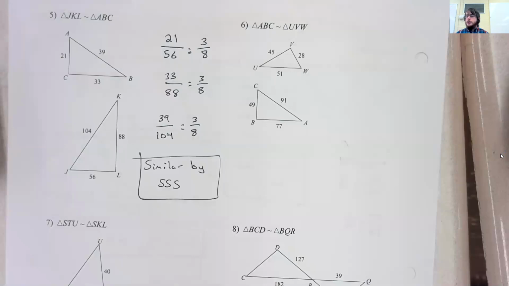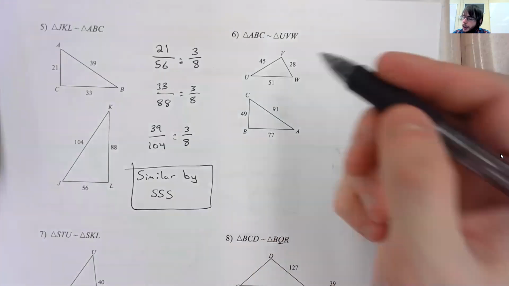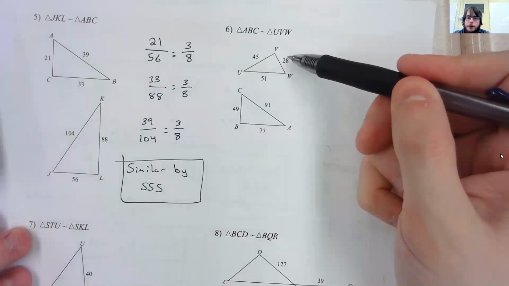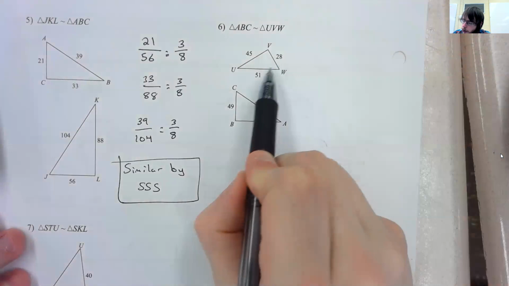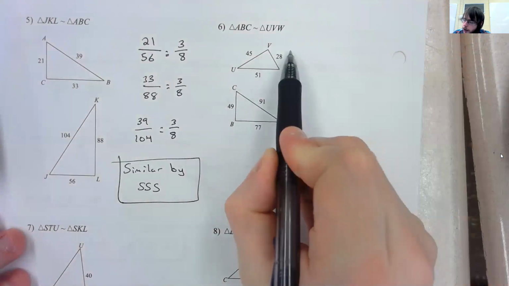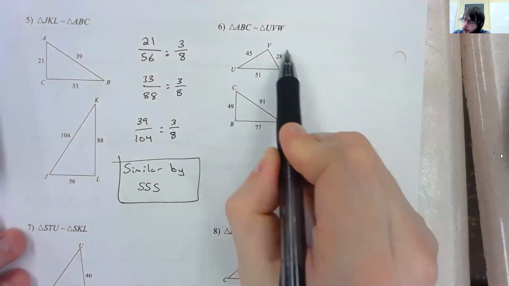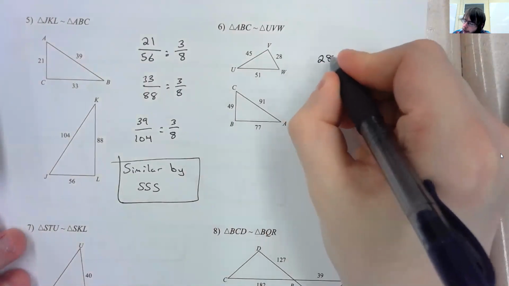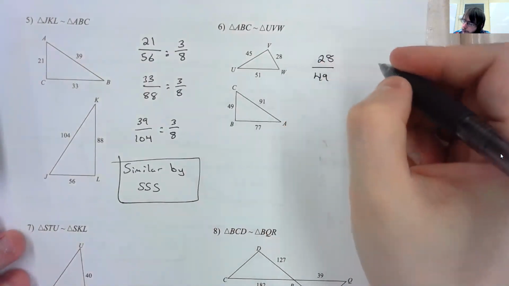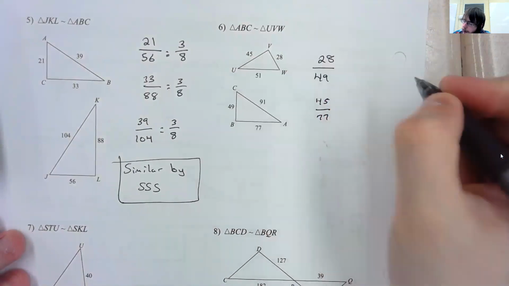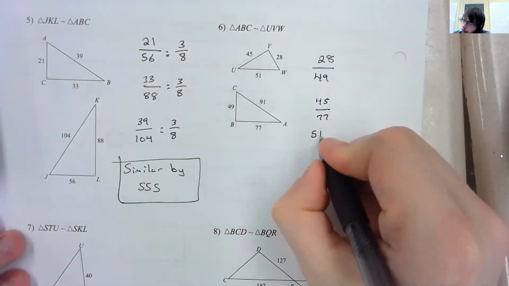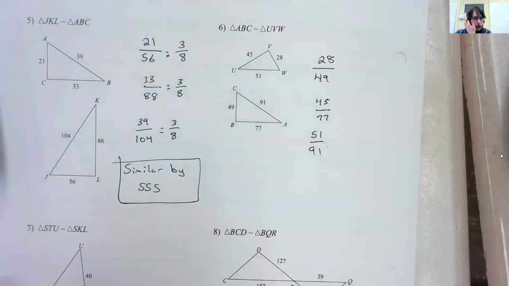All right, so looking at number 6, we need to determine if this is similar or not. And what we're going to be looking at here is the sides. So we're going to start our ratio with 28 over 49. The next one would be 45 over 77 and 51 over 91. Now if we go to Desmos and we